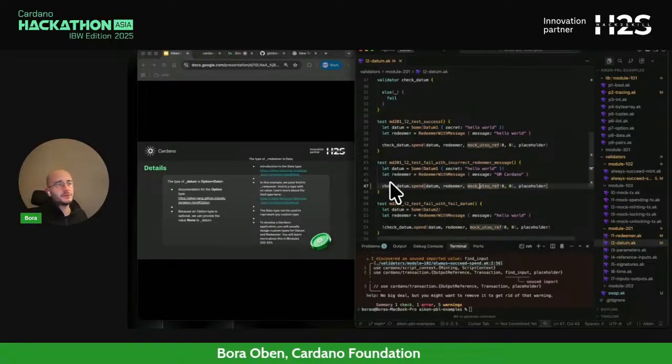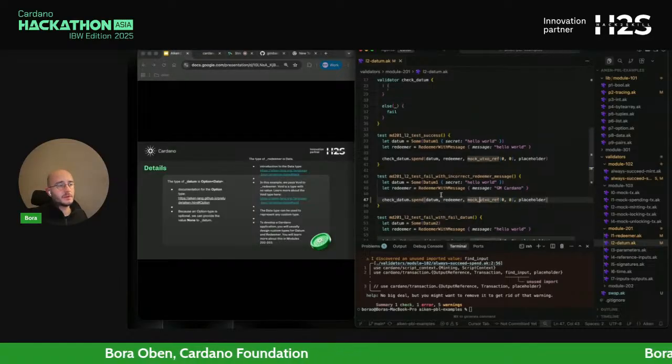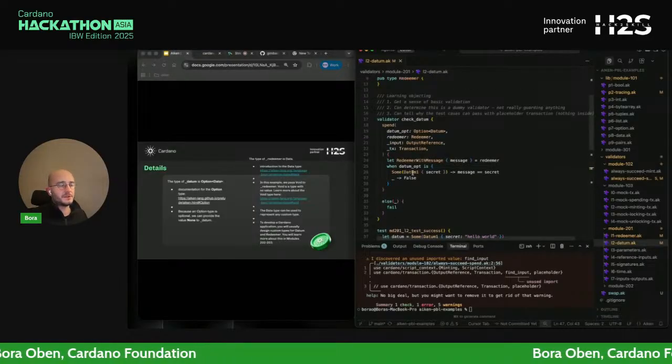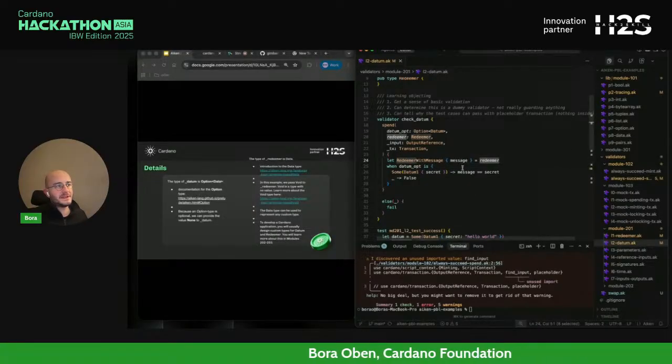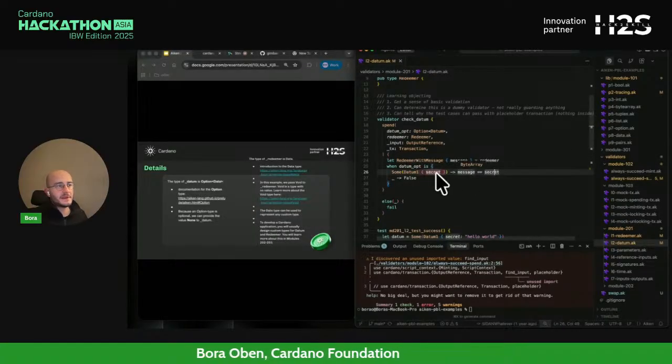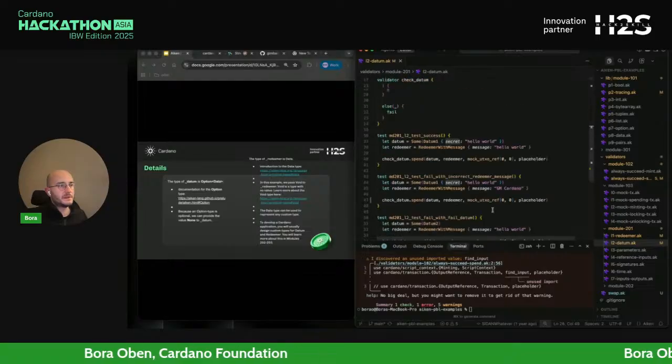Let's try to make this work by how we understand the smart contract works as well, right? So we said that the redeemer's message has to be the same as what's written in the datum secret.